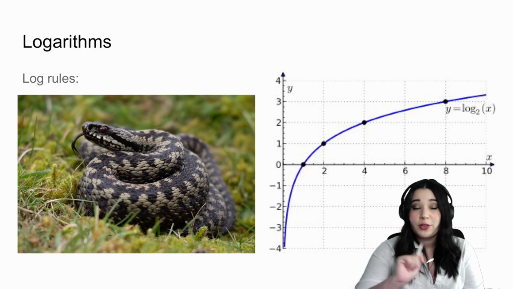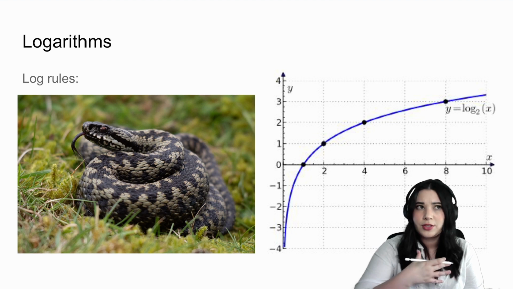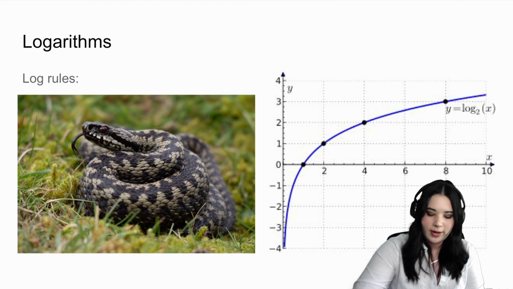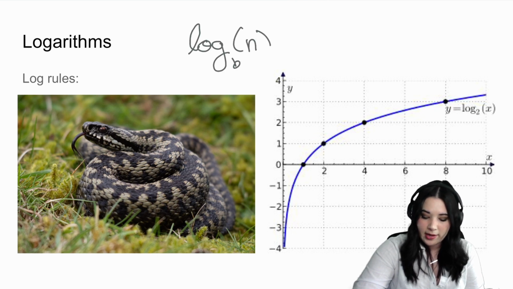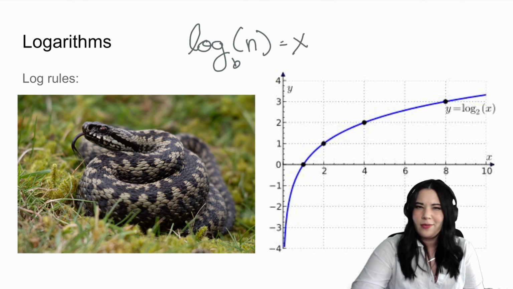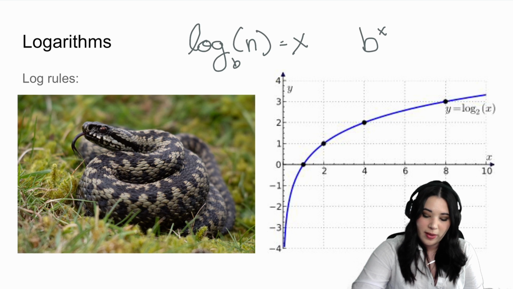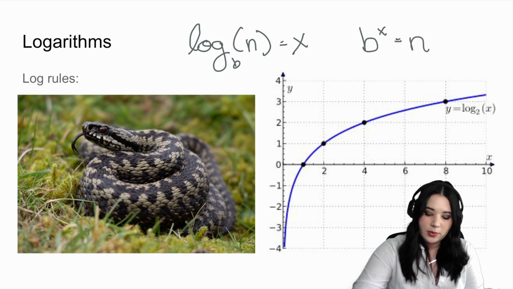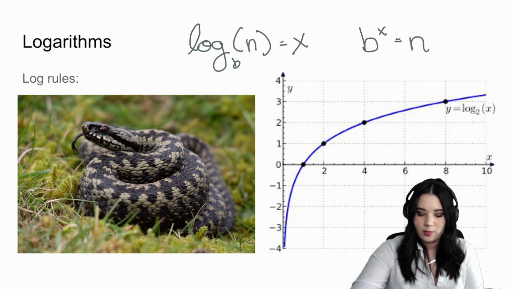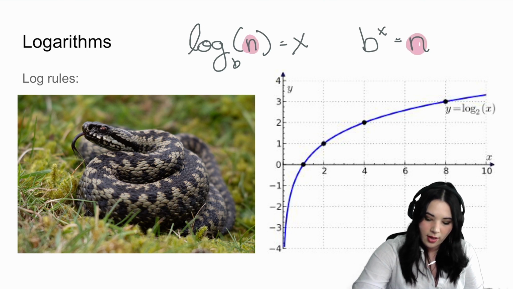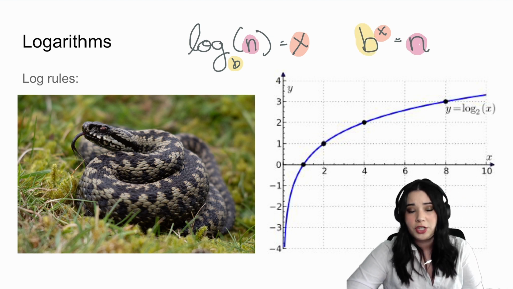The first topic I want to review are logarithms, and logarithms are just the opposite of exponents. So what I mean by that is when you have log base b of n equals x, that's just kind of a fancy way of writing b to the x power equals n. And you can see where we have the same variables in both of these equations. So we have n, we have x, we have b. So logarithms basically answer the question of what power do I have to take b to in